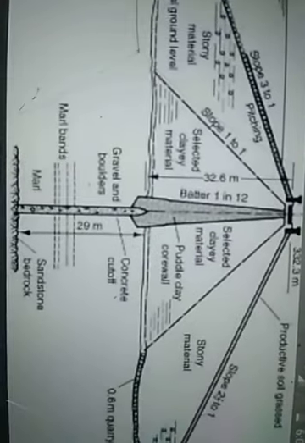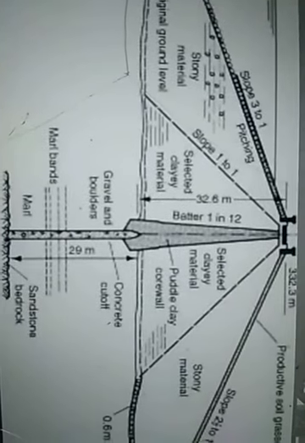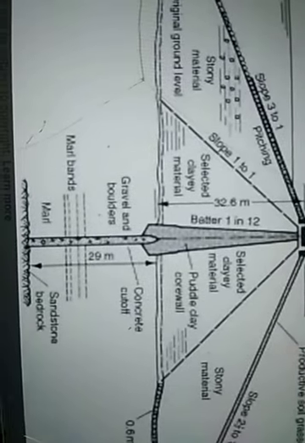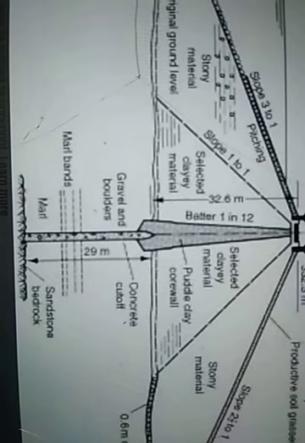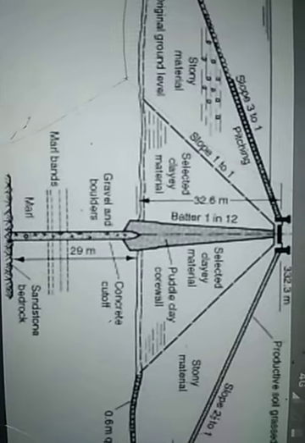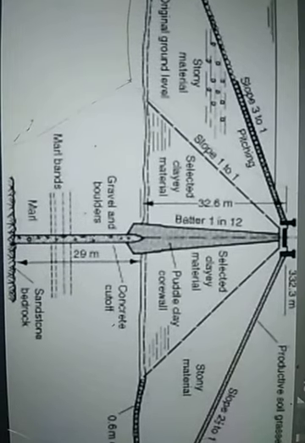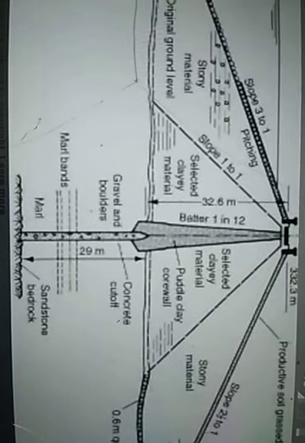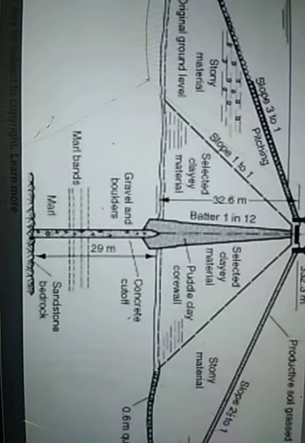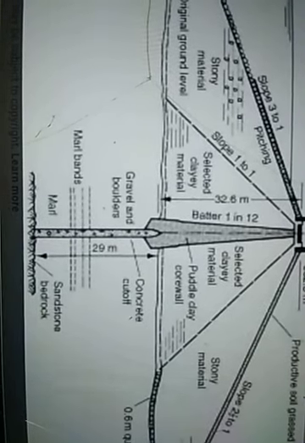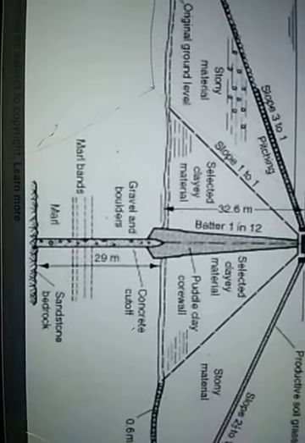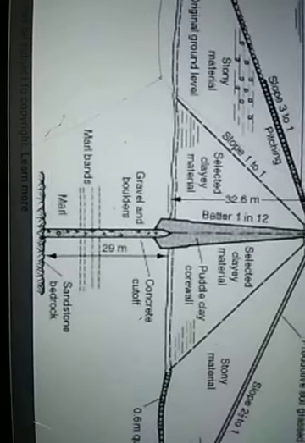There may be several types of cutoff wall according to the construction, according to the site availability, according to the soil condition of the particular place at which the dam is to be constructed. Okay, so there are several terms. For the concrete cutoff wall, the height is generally capped at 20 to 30 meters. So here you can see 29 meters is available.